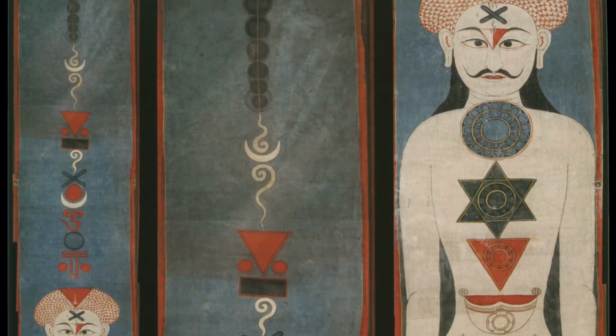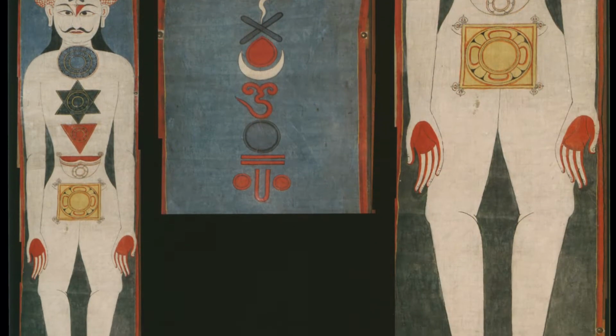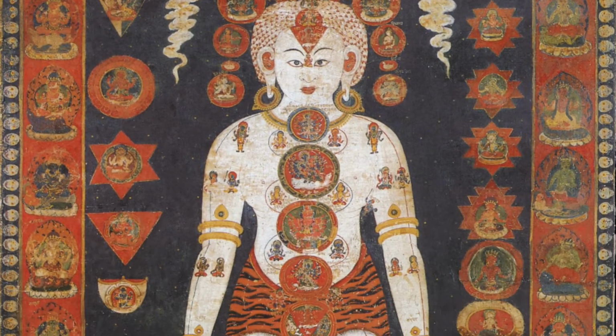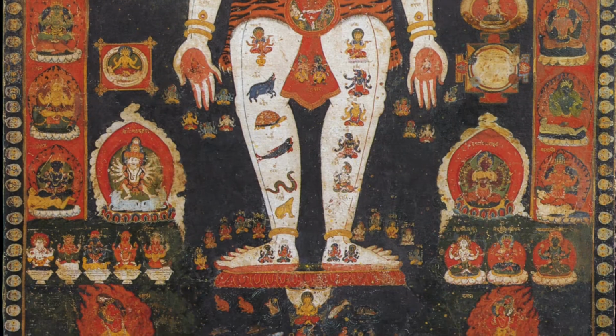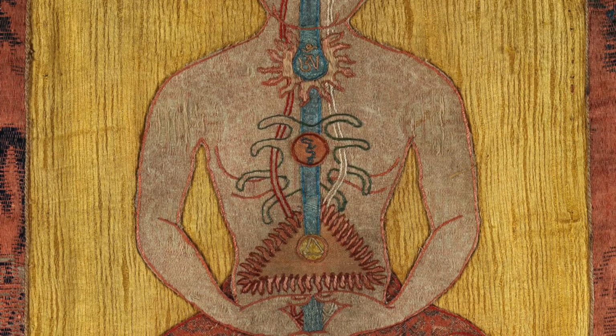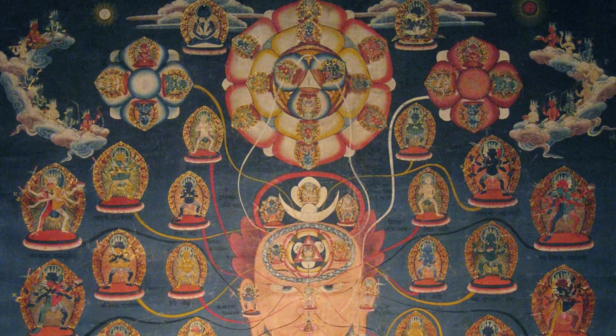The body mandala paintings are coming out of tantric theory and yoga theory for the most part, and they have to do with placing of geometric shapes and deities atop a figure, a painted figure on a flat composition. Now the figure can be standing, or the figure can be seated in Vajra posture or lotus posture, depending. And sometimes they even show